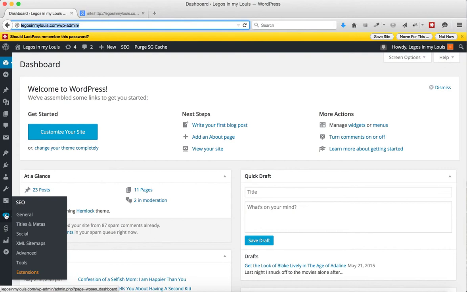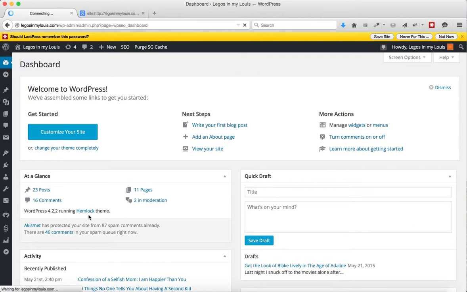And unfortunately, it looks like the owner of this website installed it, and she's using it on maybe a per post or per page basis, but hasn't set the general settings or the titles and meta or some of the other stuff down here. So that's right where I'm going to start on her site, and since it's so new, I'm just going to set the general settings that I know. And so I'm going to click into there,